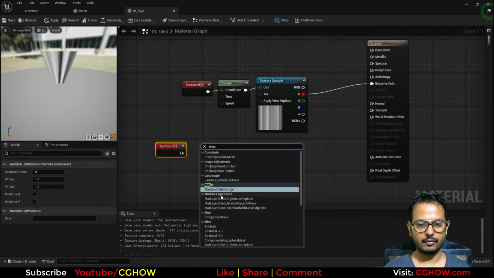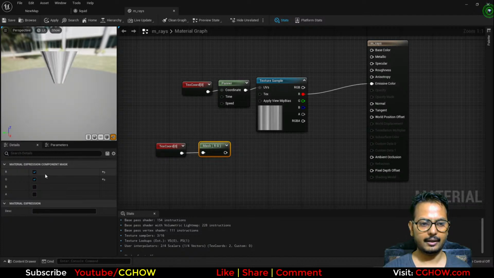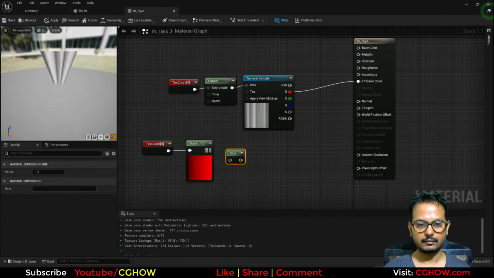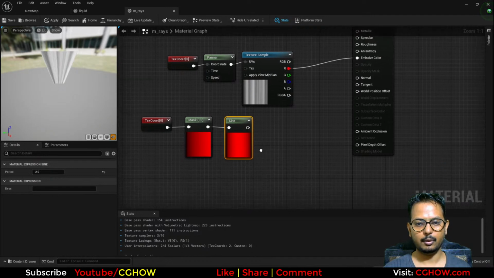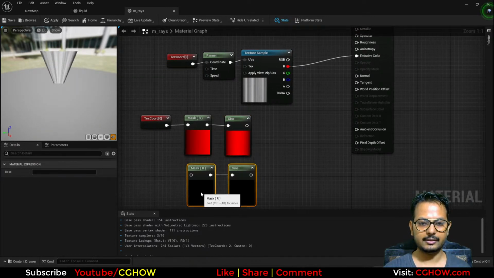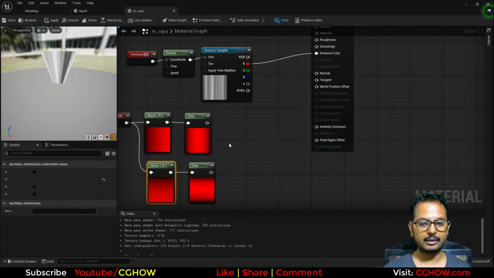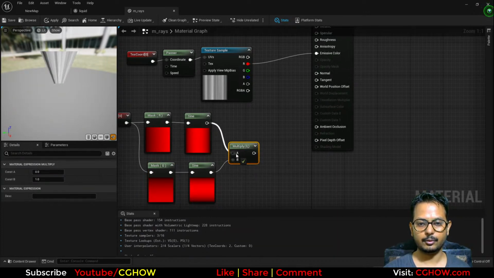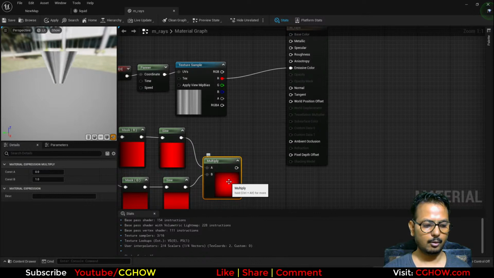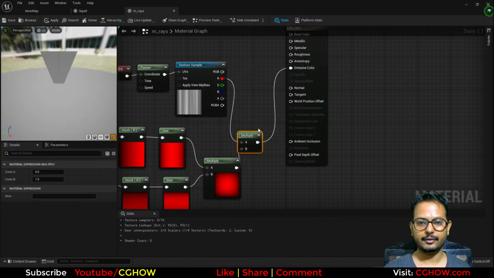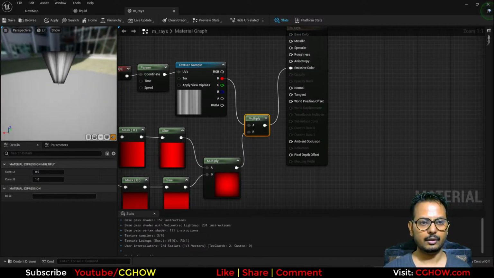take a mask from texture coordinate, and if I just use the red and use the sine and make it 2, it will be for both sides. Then I'll duplicate this and use the green channel here. Now this will be top and bottom, and if I multiply these two together, it will fade from all sides, and if I multiply this and this and connect it here, now I have these rays,